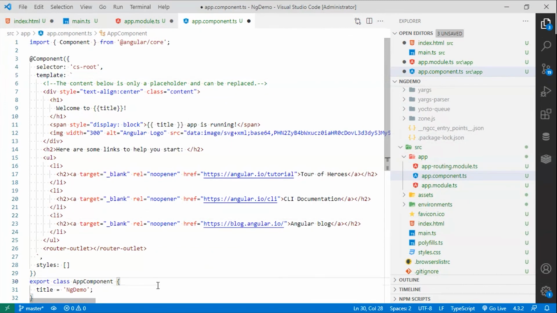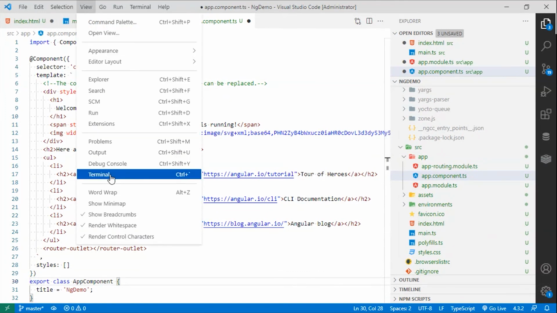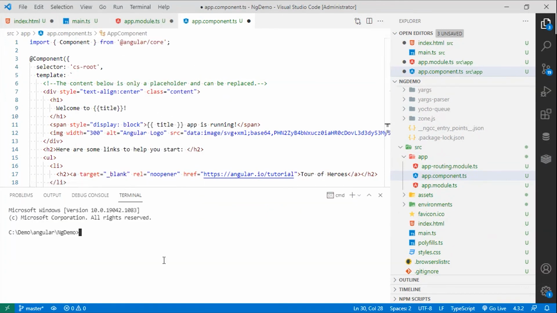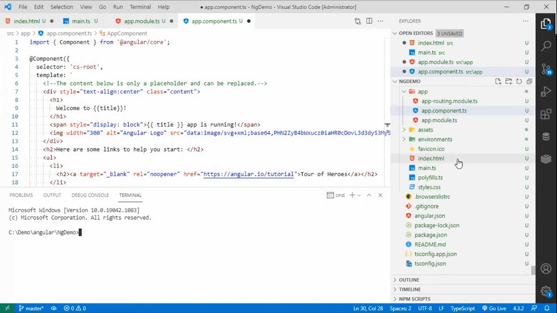Let's go ahead and start the application. So I'm going to go to View, choose the terminal option, and over here I'm going to say ng serve. This is what we saw in the Angular command line options. I can hit enter here, but let me go ahead and delete this and take you back once again to